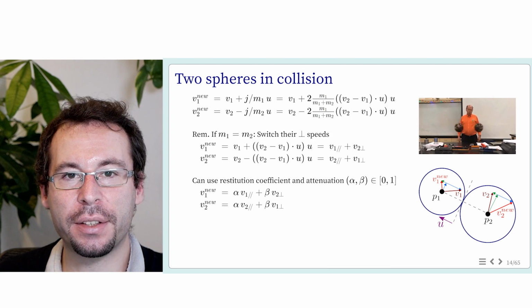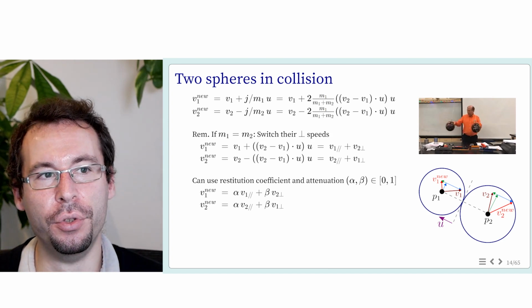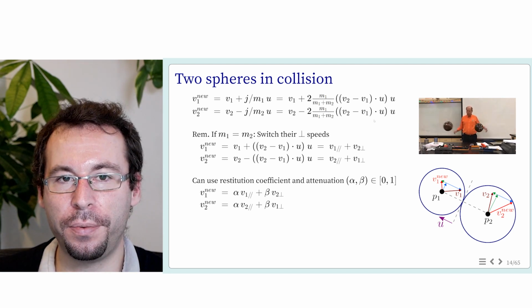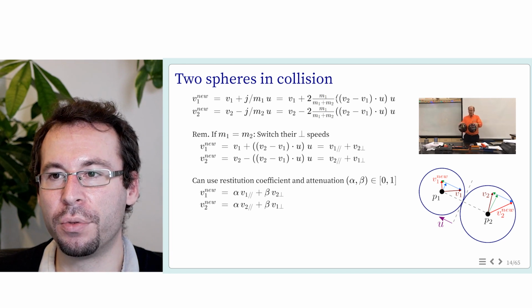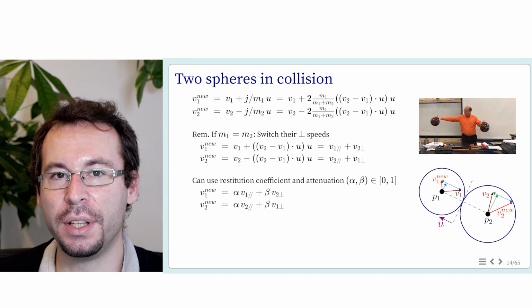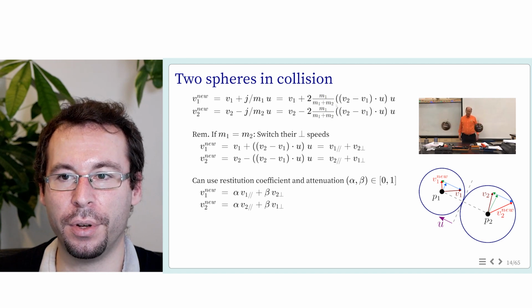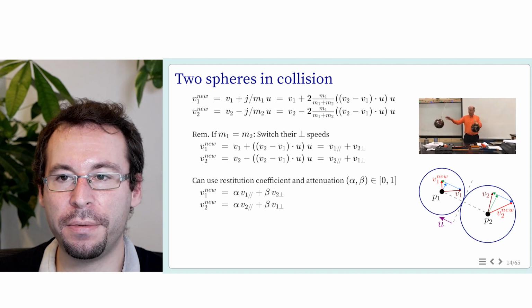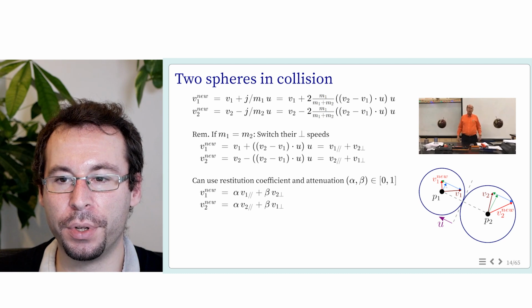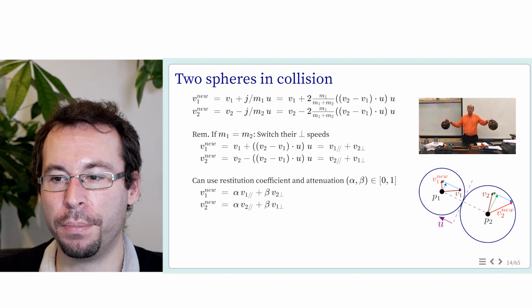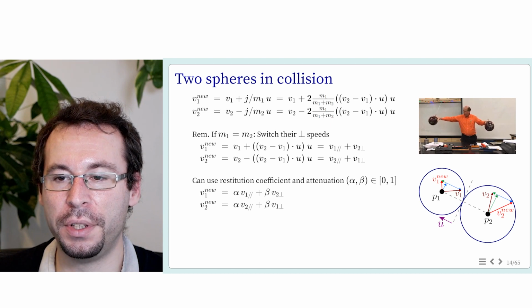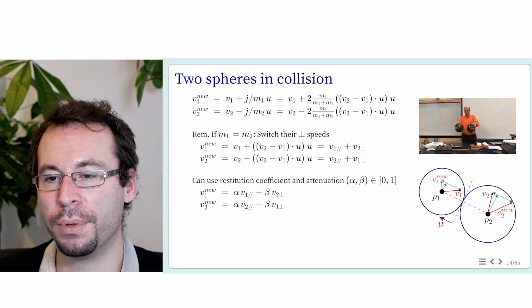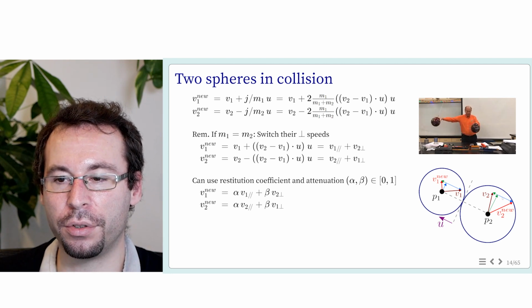And so we can inject this relation into the new speed expression, v1 and v2, and we've got the final version of the speed that takes into account different masses. But the thing is interesting and more meaningful when we consider that the spheres have the same masses, and in this case we can note that actually they don't invert the orthogonal component of the speed, but they switch this component. Basically the orthogonal component of v2 is going to be the orthogonal component of v1, and inversely, the orthogonal component of v1 is going to be the orthogonal component of v2.